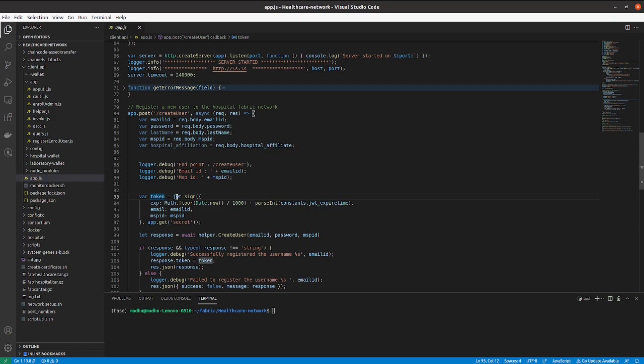The token is created here using the JWT sign method, passing these parameters. This payload can have any values. There are some keywords like expiration time and issuer, and other than that you can use any values as a payload for this JWT token.